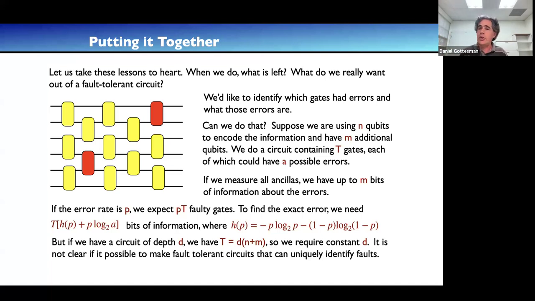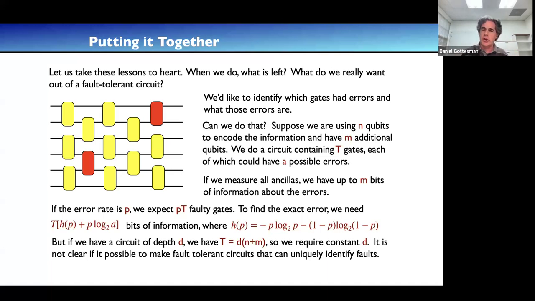So let's do a little calculation to see if this is even plausible. So suppose we have some error correction circuit, right? So its only job is to correct errors. And it involves n logical qubits, and then the number of physical qubits is going to be n plus m. So we have m additional qubits beyond the logical qubits that we have, or ones that we're saving for later computation. So it's more than the logical qubits, I guess.